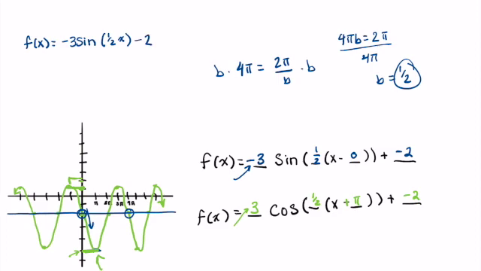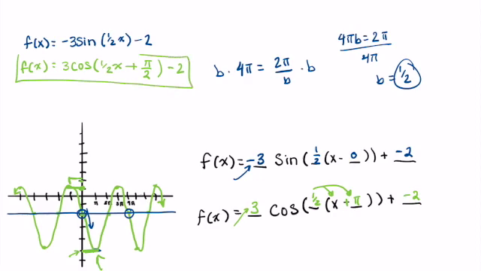minus 2. And then if we do it from a cosine standpoint, we have 3 cosine. And I'm going to distribute that value of b in, right? And that gives me 1/2 x plus pi over 2, minus 2. And there we go. So that is kind of our simplified versions of our formulas, or our functions rather,